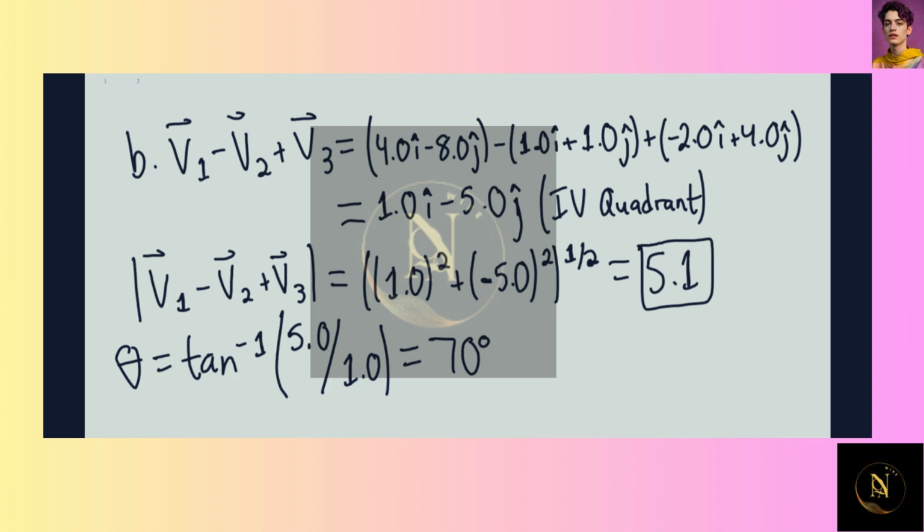And this would be 70 degrees below positive x axis. My apologies, 80 degrees. So arctan of 5.0 divided by 1.0 would be 80 degrees below the positive x-axis. This makes sense because most of our magnitude comes from the y component,